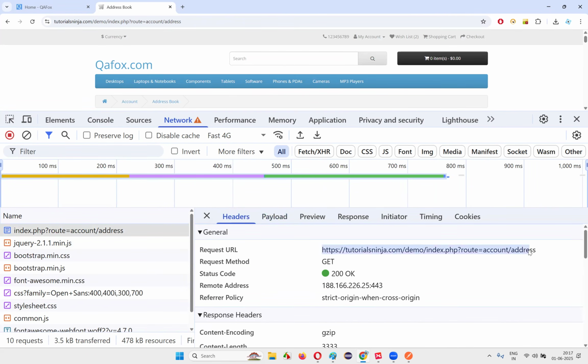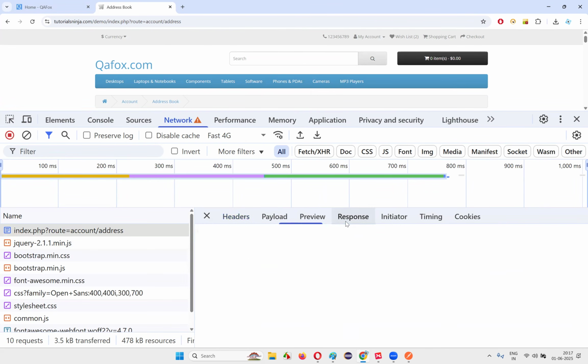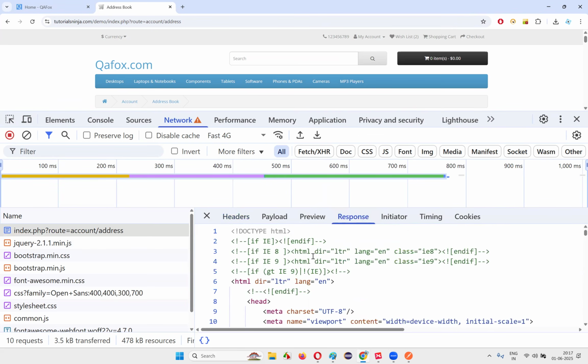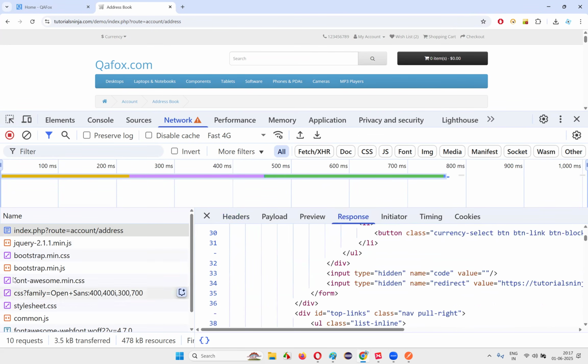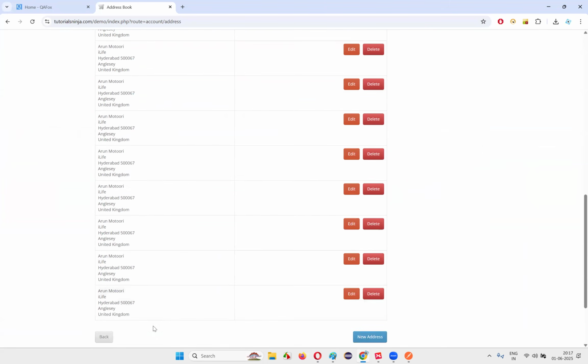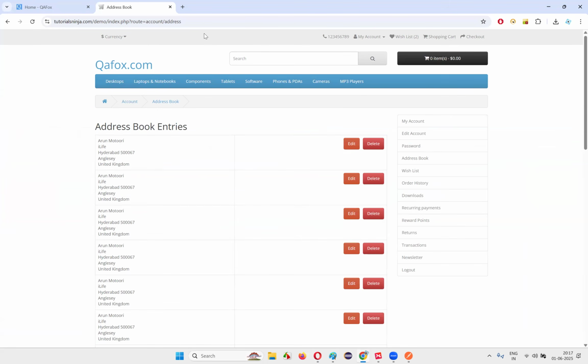You see, the request URL is this one. It's a GET only. As a response, what is coming? A list of addresses that are coming as a response. So for that purpose, to get the list of addresses from the server for this particular account,